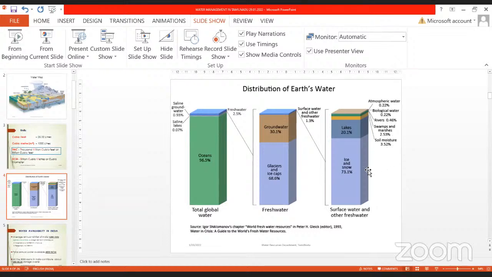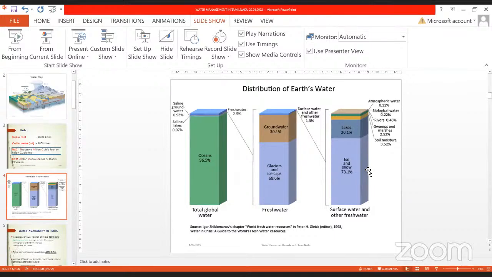So the basic idea is, if we want to hit the right coin, the best way to manage is to manage the groundwater, because it is contributing about 30.1% of the total 2.5% fresh water. Whereas if you see the surface water, the available surface water, which is just rivers and lakes,